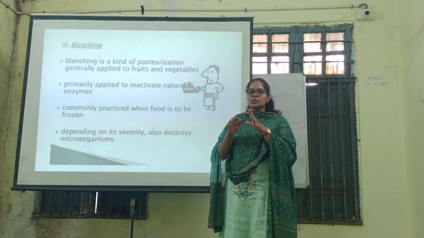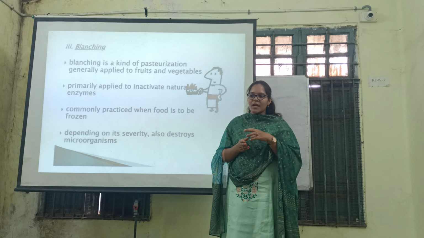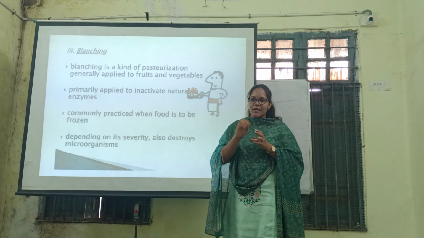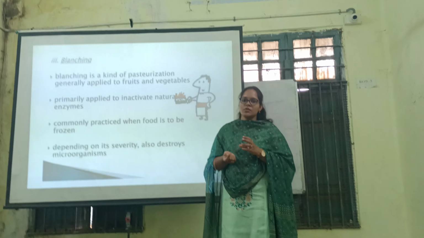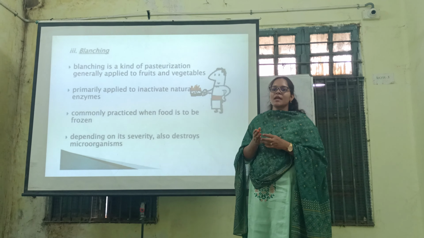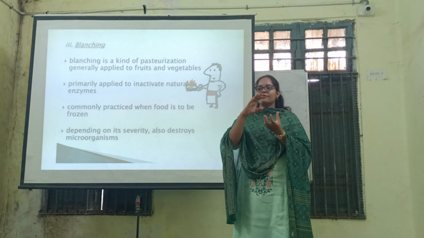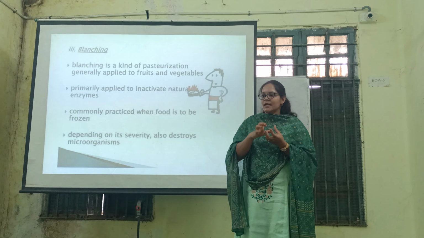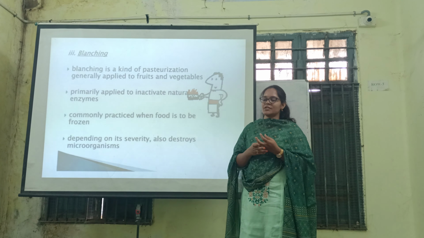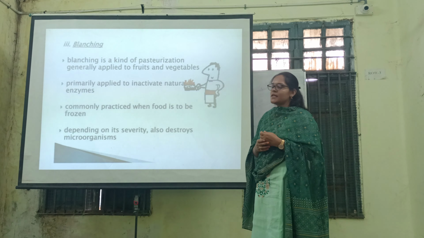And then we have to soak the vegetables or fruits for some time before consuming. First of all, they can be soaked in hot water, including some salt, and some turmeric can also be used before consuming. The main purpose of using hot water is that if any microorganisms are present on the layer of the fruits or vegetables, they can be easily killed. So blanching is also one of the pasteurization methods. It is mainly applied for fruits and vegetables.